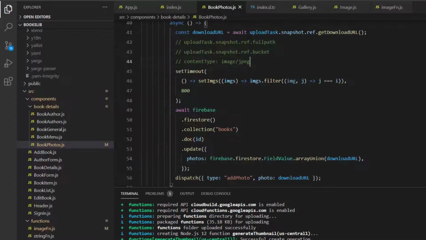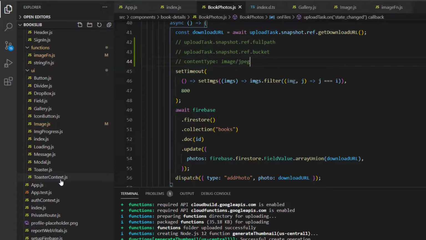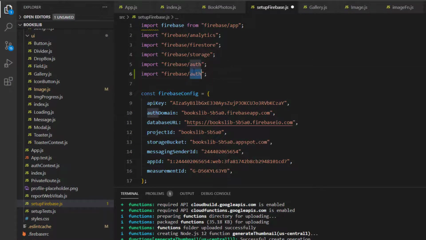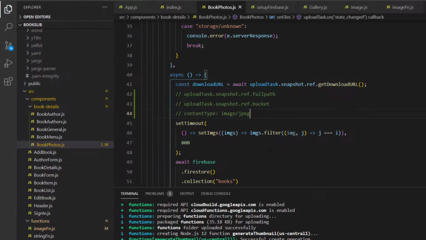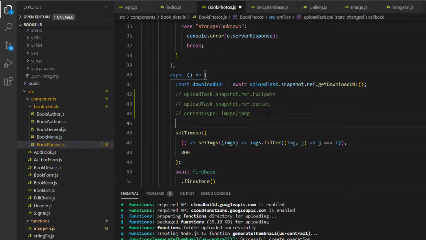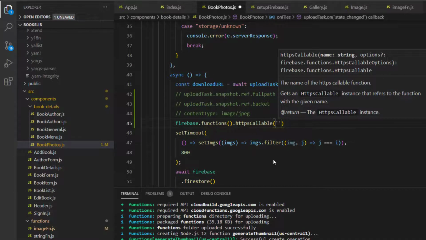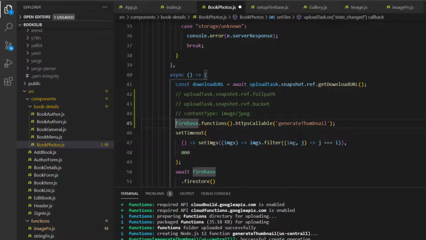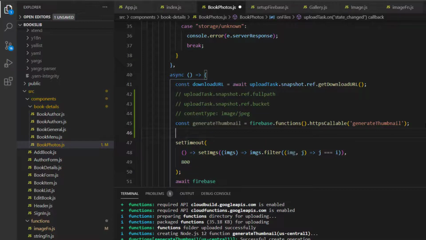Now to use this function on the front end, first we need to import firebase/functions. Now in the book photos we can use firebase.functions.httpsCallable, and we specify the name of the function. In this case it is generateThumbnail. We store the function that is returned inside a constant. We'll name it generateThumbnail. Now here we can await